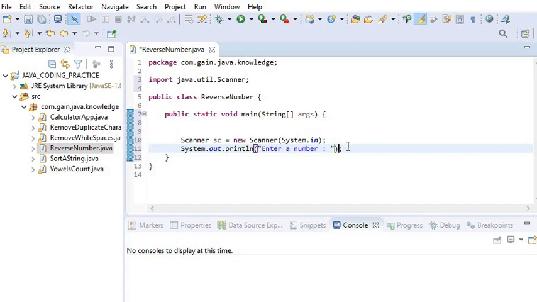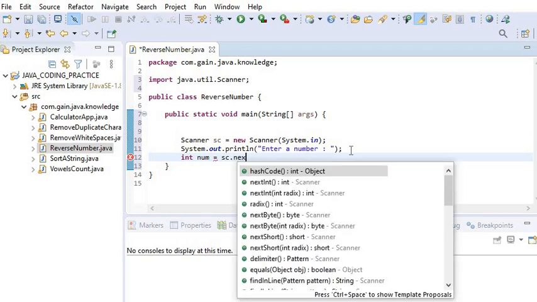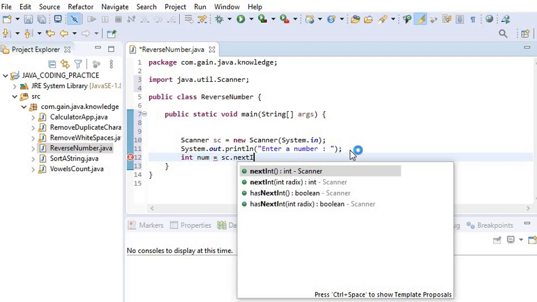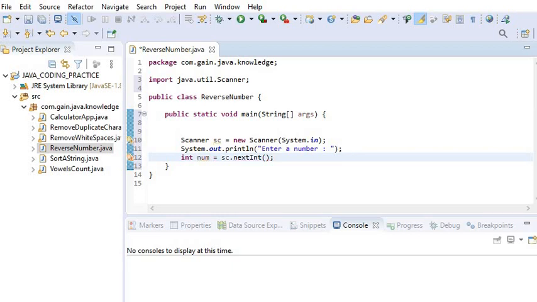I will declare one variable that will store the input from the user, int number is equal to sc.nextInt(), and then print this input number.